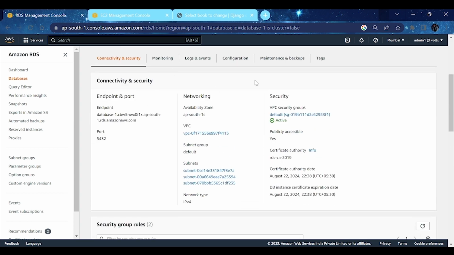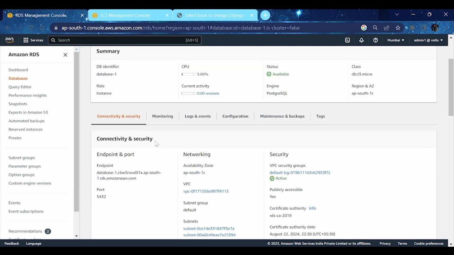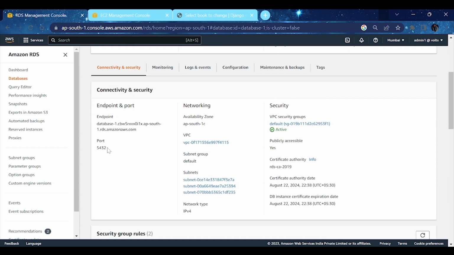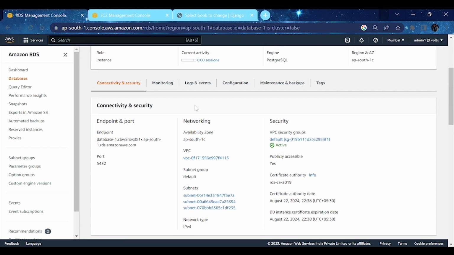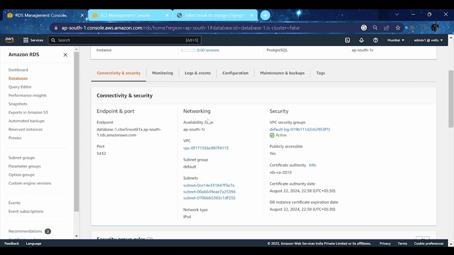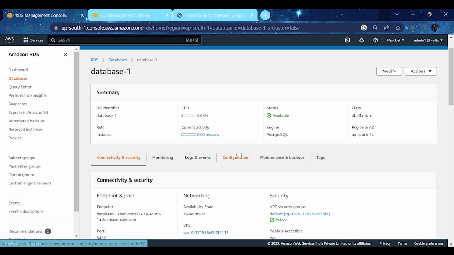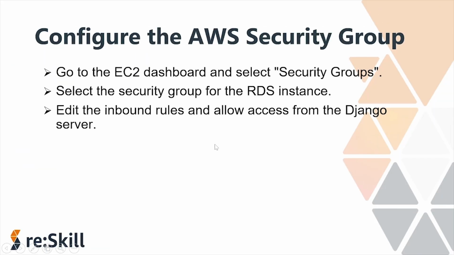Let me give you a short intro to the database instance that will be created. For PostgreSQL, this is the port we are going to use, and this is the endpoint, or you can say this is the host of our database instance, and other things we will be using are the master username, the database name and the password. So you have to remember those things from your instance. It won't be shown in the console, so you have to remember them while you are creating it. You have to note it down from there. Now the next thing is,